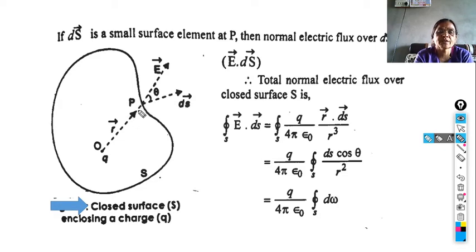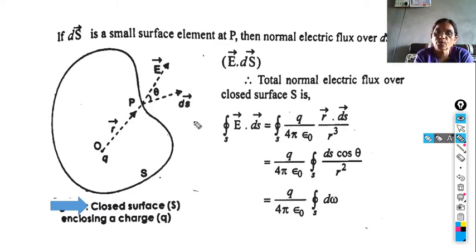And when we proceed further, this OP bar continuously, it is the electric intensity vector. The small ds is the small surface element at P, and it is pointed outwards along this direction, P ds bar. Now the angle theta is between the electric intensity field vector E bar and the surface element ds bar. It is our experimental situation for this article. This ds bar is the small surface element at P.